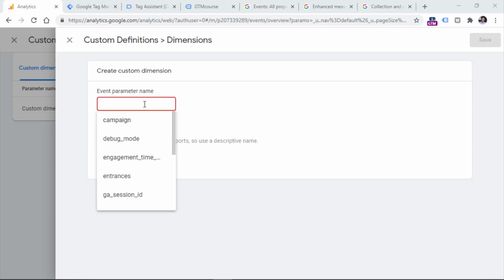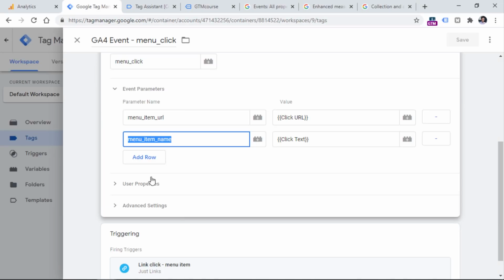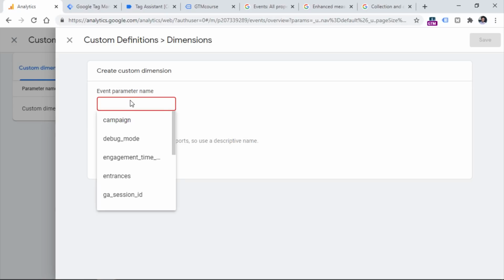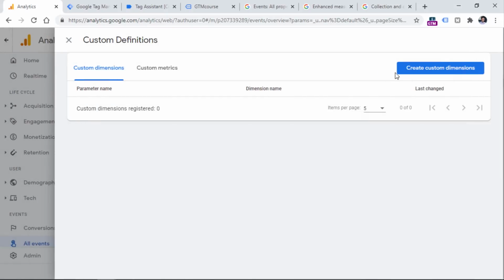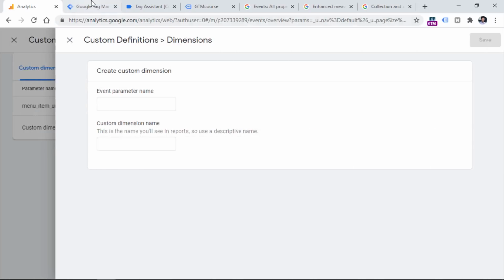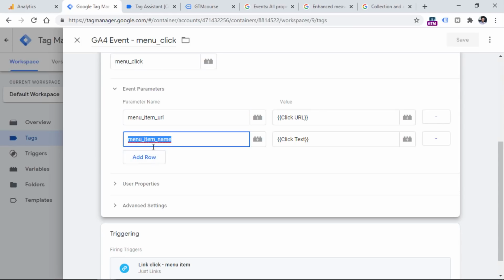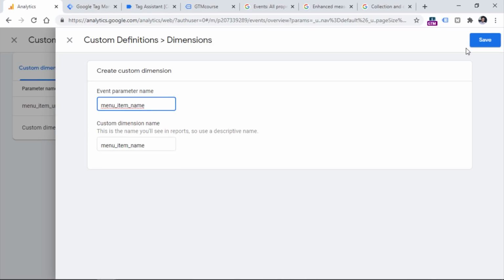If you know what the parameter name will be, and in this case we definitely do, then you can just enter them in the Google Analytics 4 interface. So let's copy this parameter name and enter it like that, save it, and then let's create another custom dimension, copy the second parameter name, and then enter it like that.